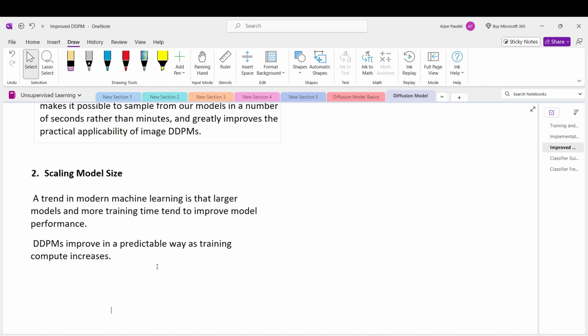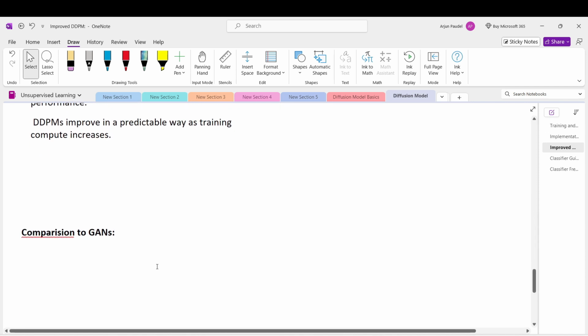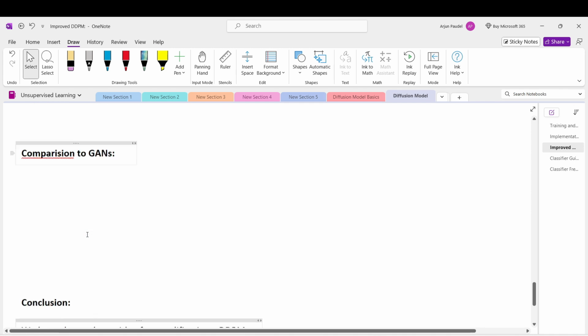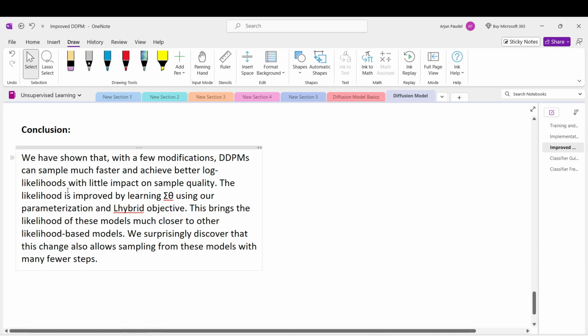So they say that DDPM improves in a predictable way as training compute increases. They have also given a comparison to GANs, so we're going to look at the comparison to GANs also, and here's a summary of this. We have shown that with few modifications, DDPM can sample much faster and achieve better log likelihood with little